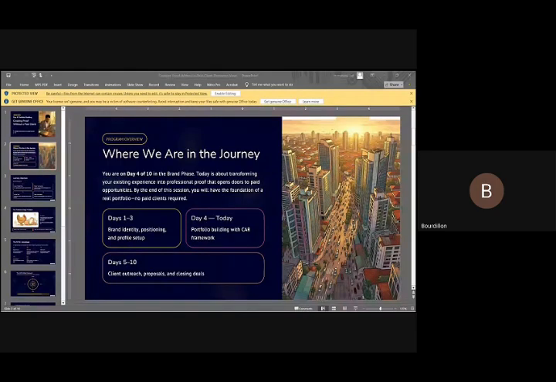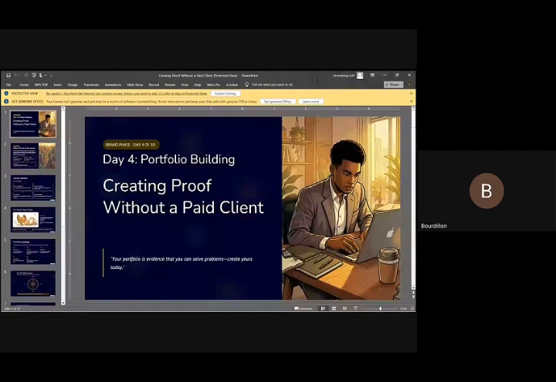So let's proceed. Like we said, today we'll be dealing with portfolio building and creation for Fiverr. So we're going to be creating our first portfolio. That's what gives our clients the opportunity to also want to work with us and see the previous jobs